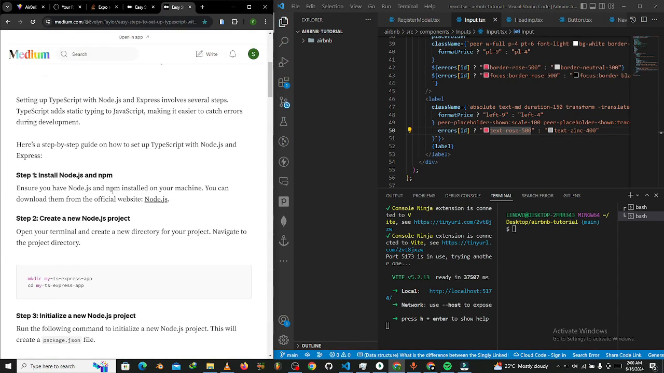okay, so it says we should basically create our folder, right? Very sorry, they said we should create our folder. And so looking at where we are, our Airbnb tutorial here, we need to create a new directory, that is server. So say mkdir server, and then we cd into the server, and then inside the server we say npm init -y,